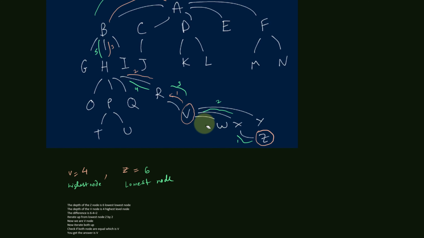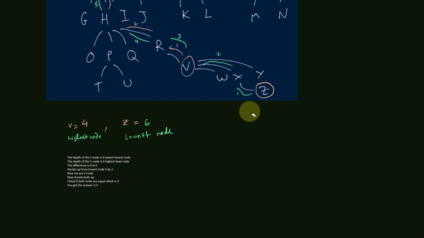So let's say I'll arrive at the point V, and from the V you are already at the V, so they both are matching here. So you don't need to go up. Basically, if V itself is the ancestor, V will be also there, and when you arrive from Z here at V, they both are at the common level, and they are the same node. So whenever you arrive at the same node, that is the common ancestor basically.